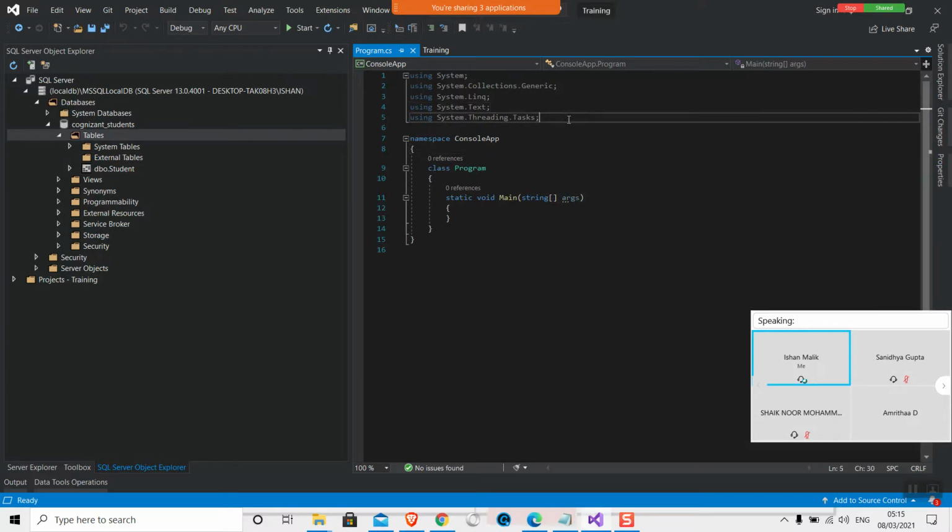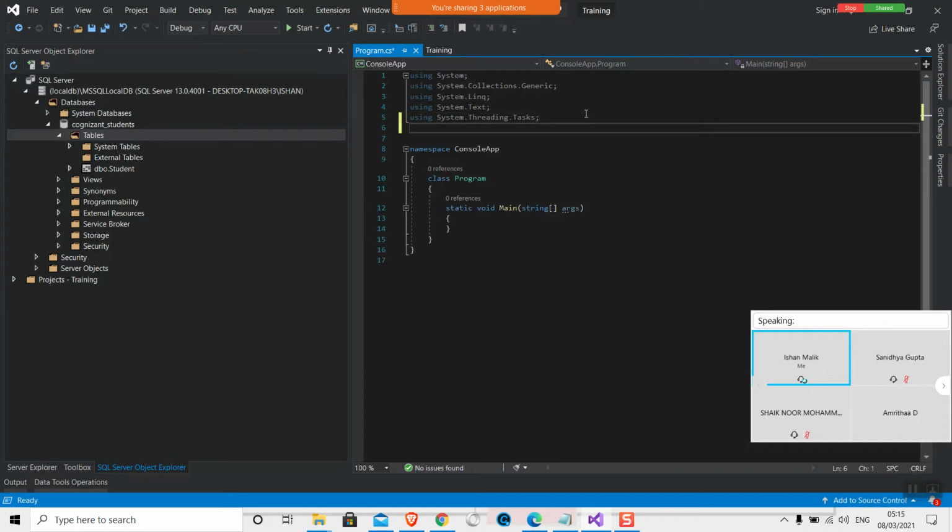Okay. So we will connect the database through ADO.NET. First you need to introduce the ADO.NET, using System.Data.SqlClient. As we are going to work with SQL Server, we will use this SqlClient.